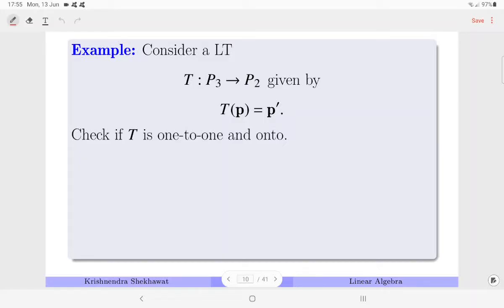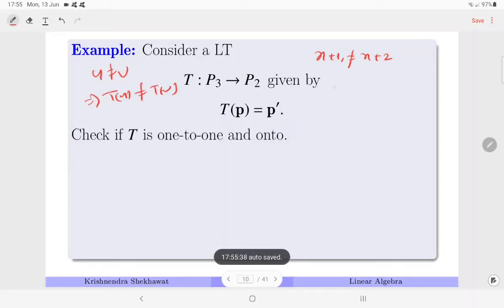Is it onto? If I start with 1-1 and if I take two vectors, let's say x plus 1 and x plus 2, so they are unequal. So the result says that if u is not equal to v, then T of u should not be equal to T of v. But if I apply T on both the sides, then it is the differentiation. That gives me, if this is p and this is q, then p dash is equal to 1 and q dash is equal to 1. So you can see that u is not equal to v or p is not equal to q, but p dash is equal to q dash, hence it is